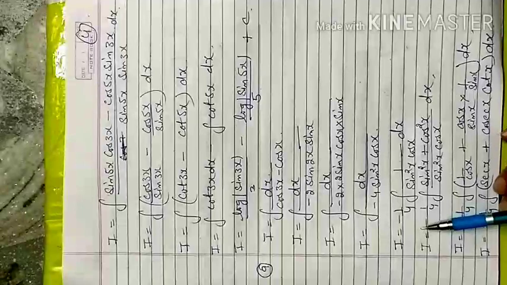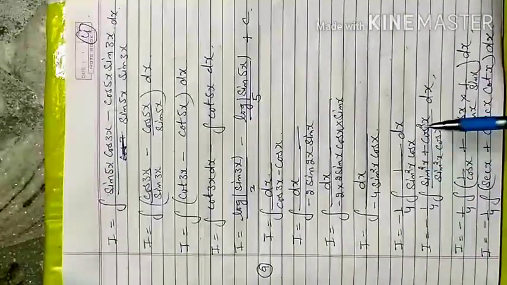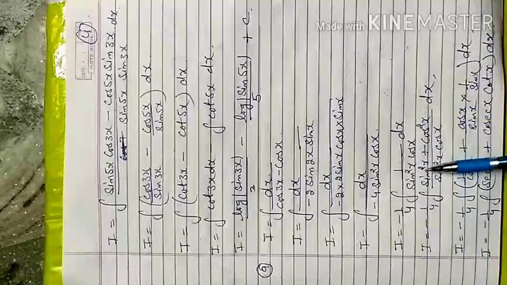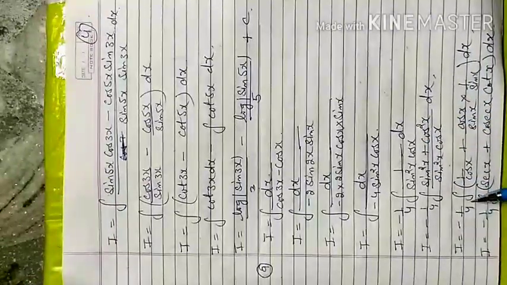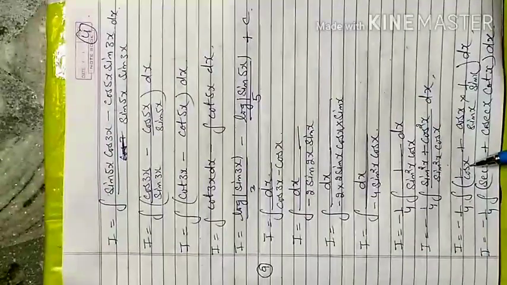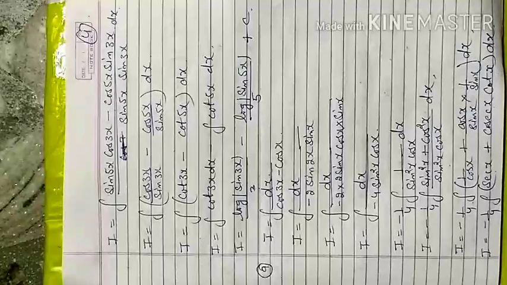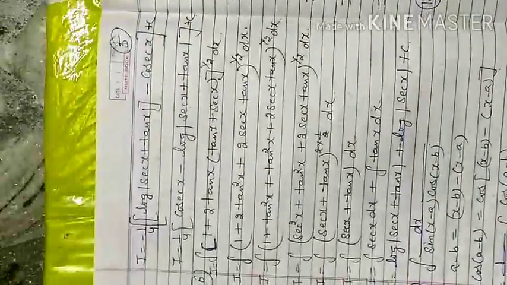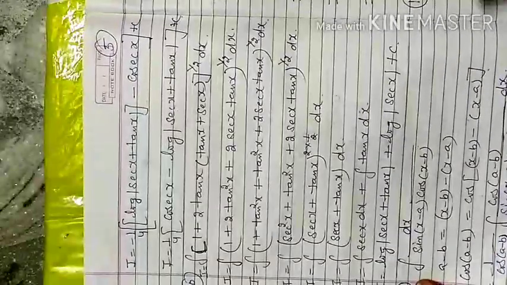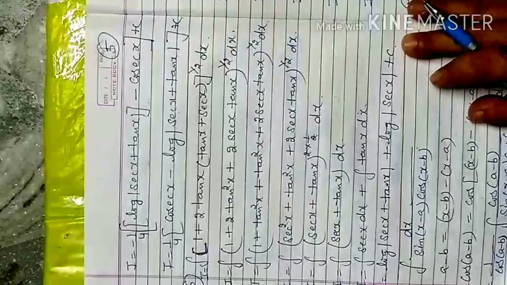It's the same as the previous question, the 6th question. We do further according to that. In place of 1 we arrange the identity, sin square x plus cos square x, over sin square x cos x, minus 1 by 4 times 1 by cos x. When you separate the denominator, we get secant x plus cosecant x and cot x, and applying the direct formula of integration here, we get log secant x plus tan x minus log cosecant x. So that is my required answer.